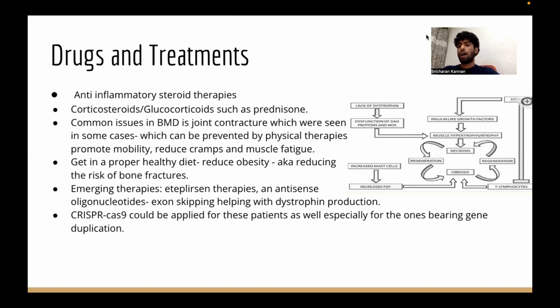Oral corticosteroids, let's go into the ways they're beneficial. Oral corticosteroid treatment, which is basically what's prescribed to most patients, is associated with delayed cardiomyopathy. Cardiomyopathy is basically just the heart not being able to pump blood and send it to the other parts of the body. The duration of corticosteroid treatment also has a positive correlation with delayed cardiomyopathy, and we see that